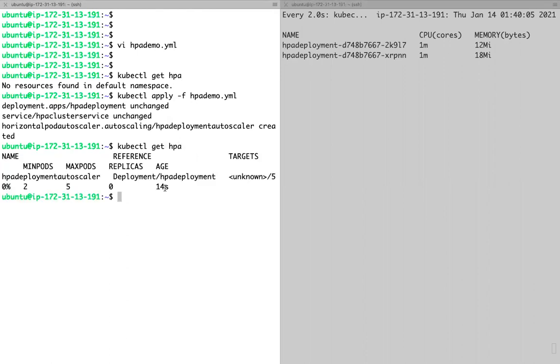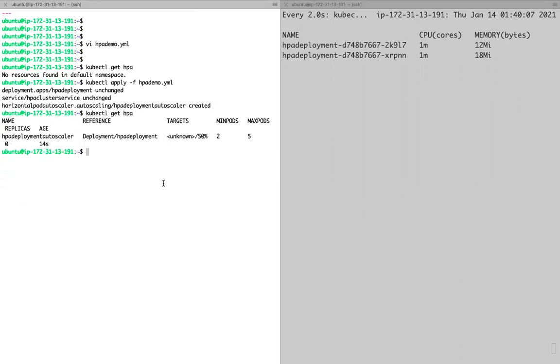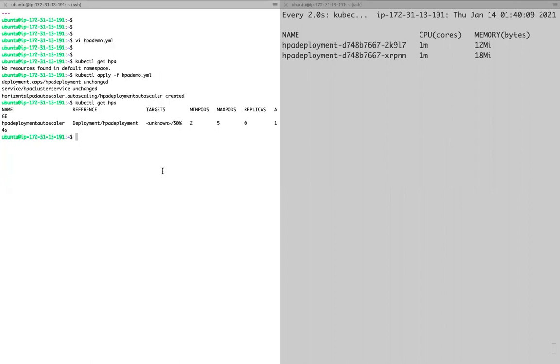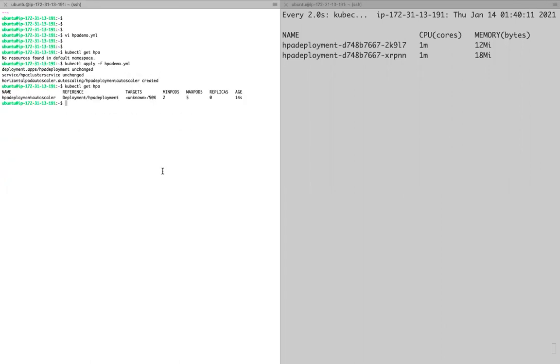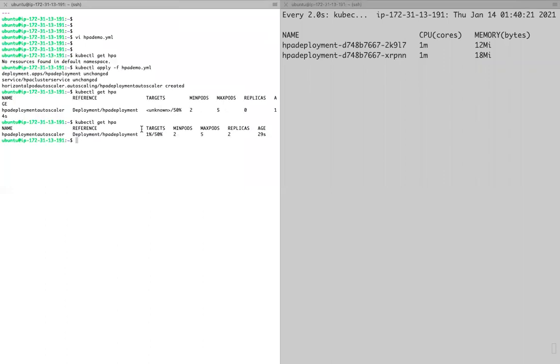So do you see HPA? It is trying to calculate the current utilization. It will show after some time. So this is minimum pods to maximum pods. What is this replicas? It is showing 2.